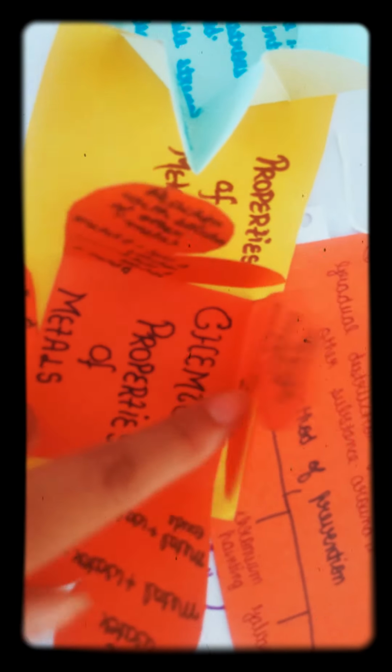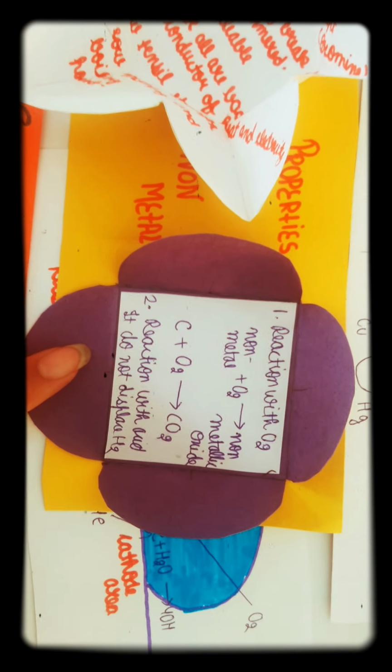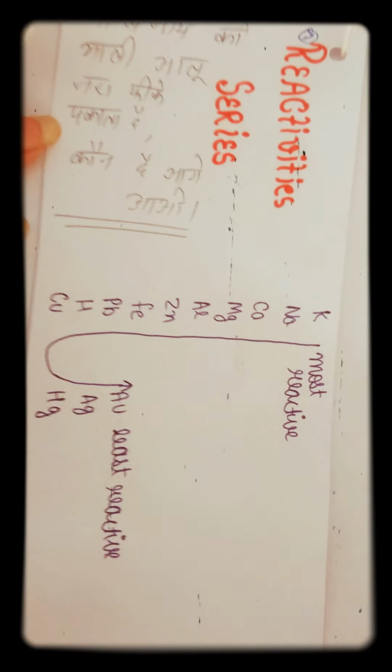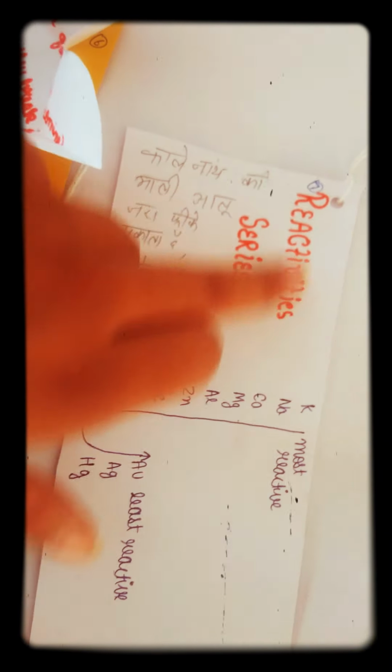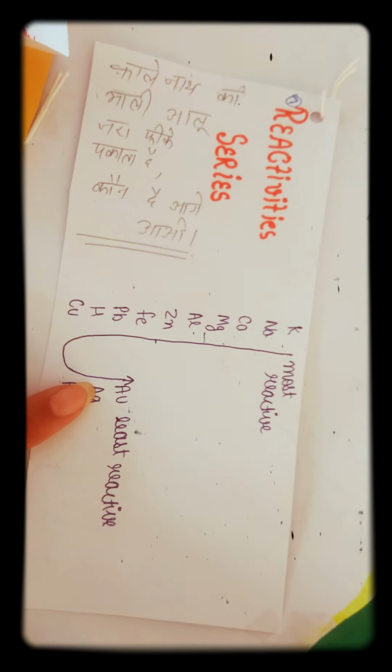If these are visible, you can see that here these are the chemical properties of the metal. Next we can see the properties of the non-metal with the same criteria. These are the physical properties and these are the chemical properties. Now we will talk about our reactivity CD. The reactivity CD we can show like this, with the trick written on it, and these are the elements which are most reactive and which are least reactive.